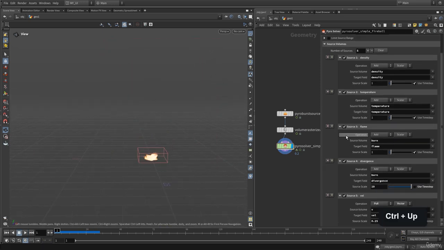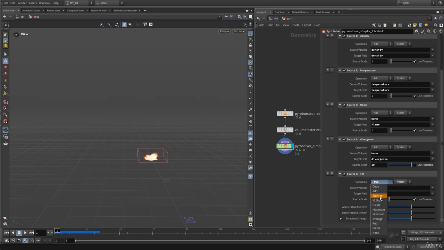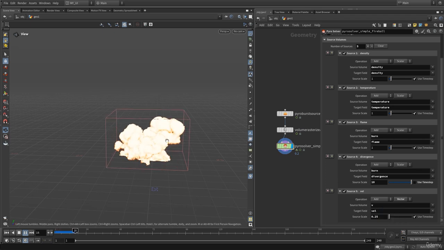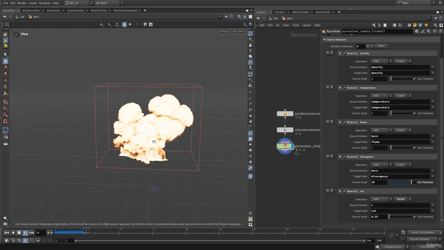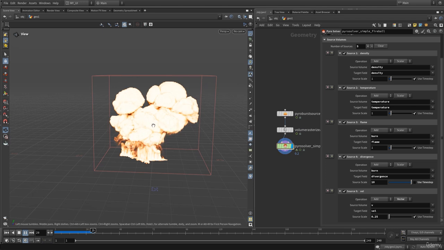And let me drive down here, and in here we are importing the velocity v volume, and we are adding this into vel. Velocity volume inside of DOP is called the vel, and its method is set to pull as well. Let's change this to add, same thing. Let's hit play and let's see what we are getting. And here, as you can see, we have this velocity kicking off, and we have a completely different explosion